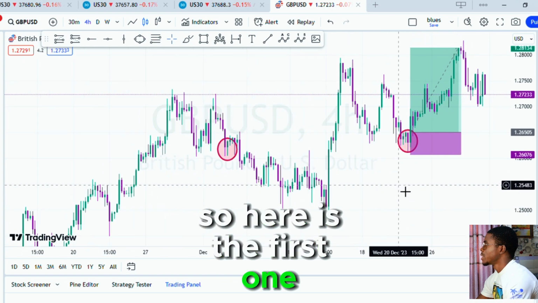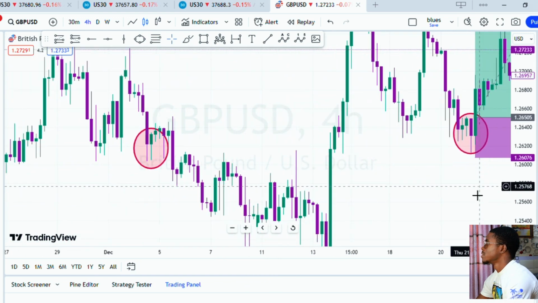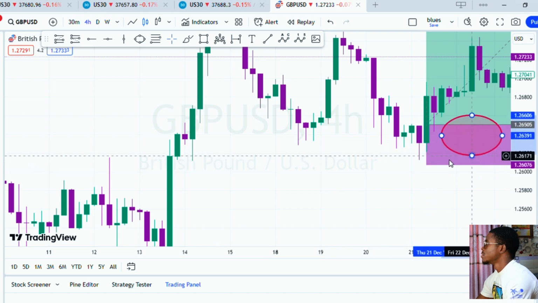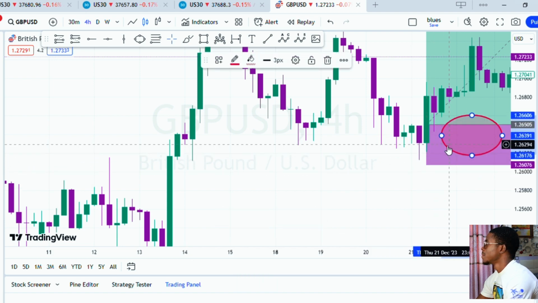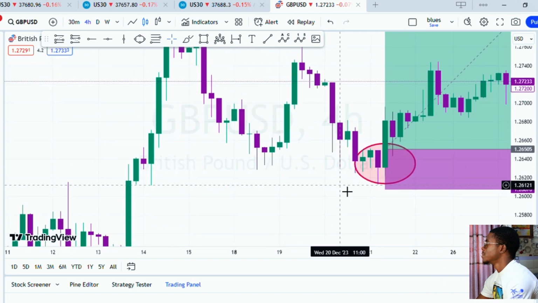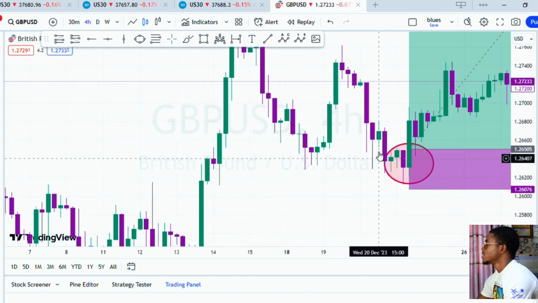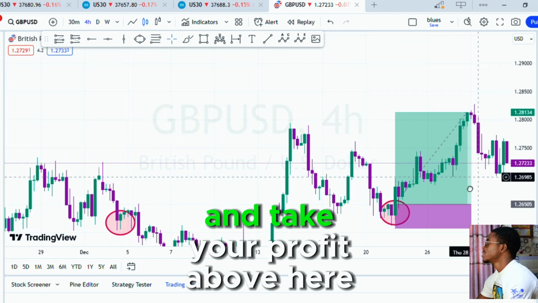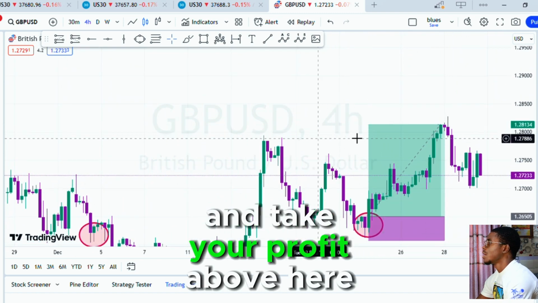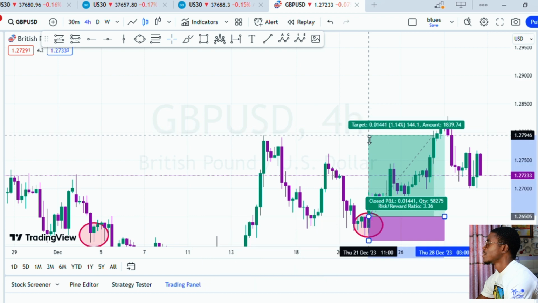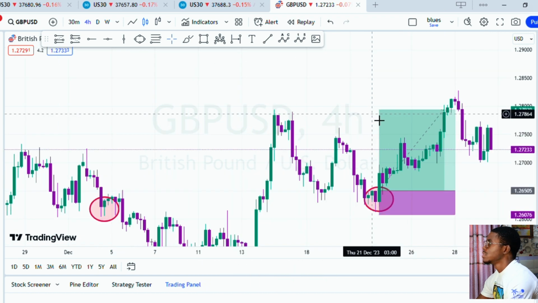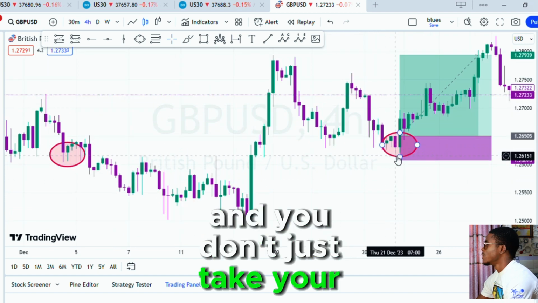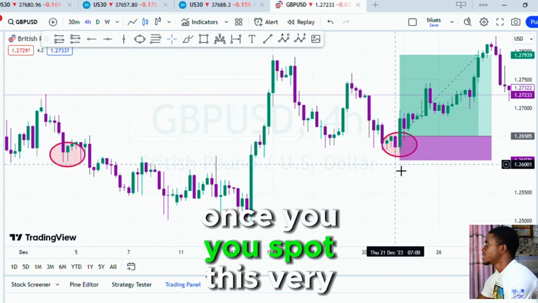So here is the first one. See the candlestick here, and imagine you entered after forming this hammer and take your profit above here or somewhere here. This is almost 150 pips, and you don't just take your trade once you spot this very